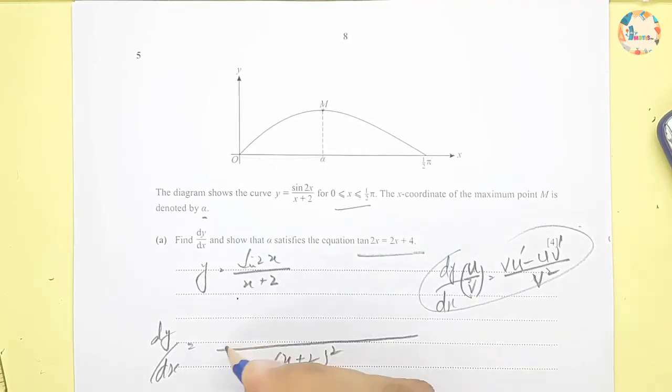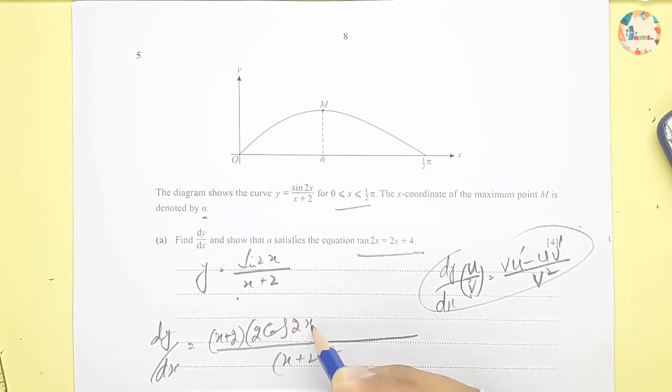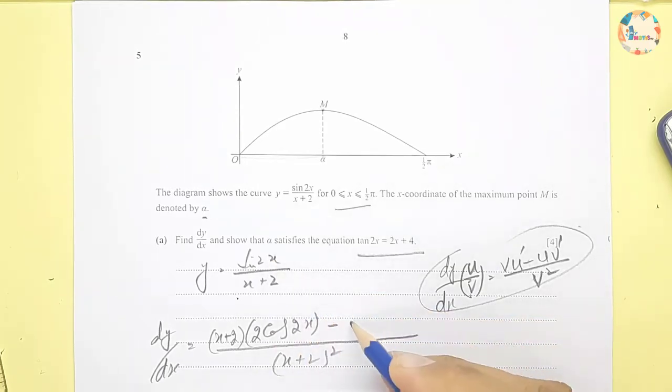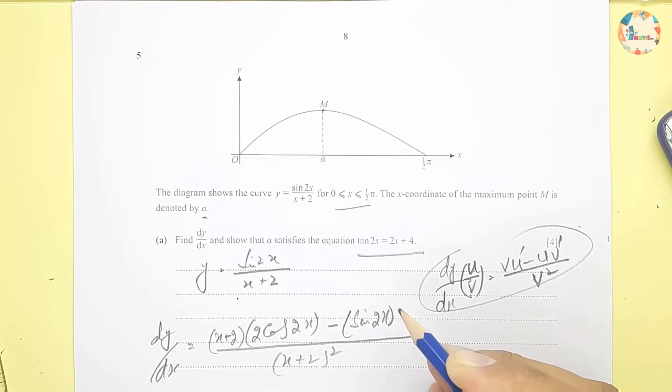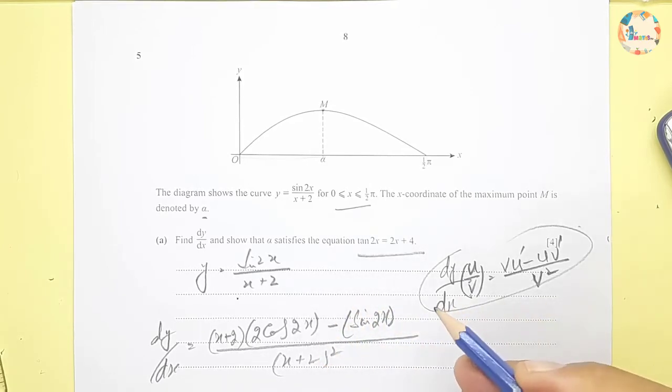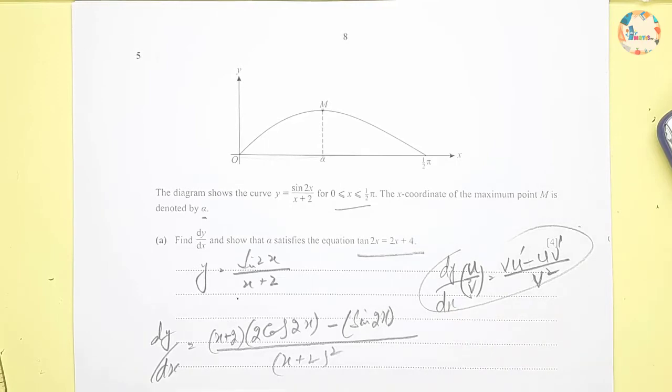Here this one as it is, x plus 2 as it is, and the derivative of sine 2x will be 2 cos 2x. So 2 cos 2x and minus sine 2x as it is, and the derivative of this one will be 1, so no need to write 1. Then we will be replacing